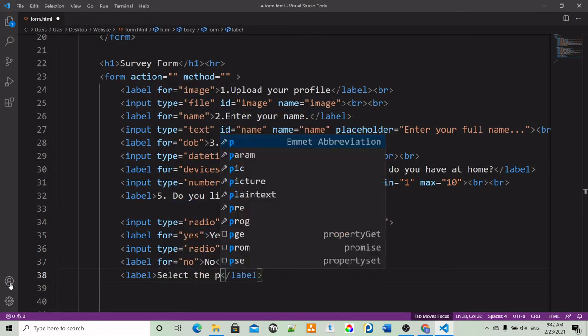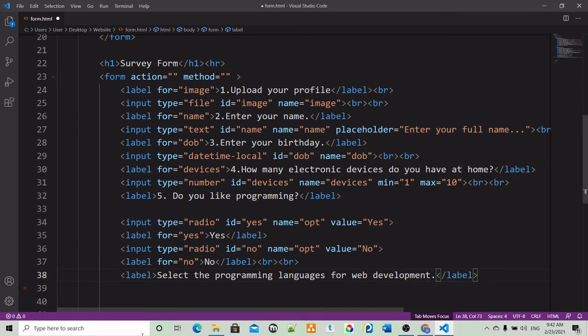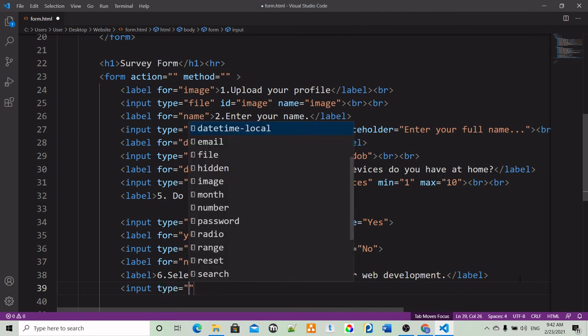Select the programming language for web development, and this is survey number 6. Let's give 6, and below that we have to give input,